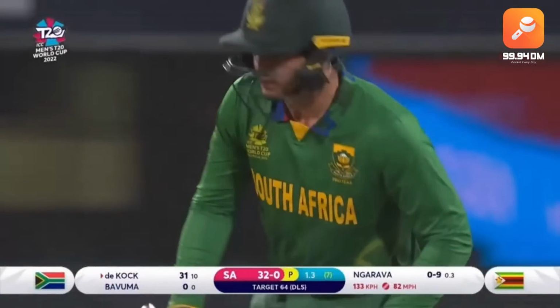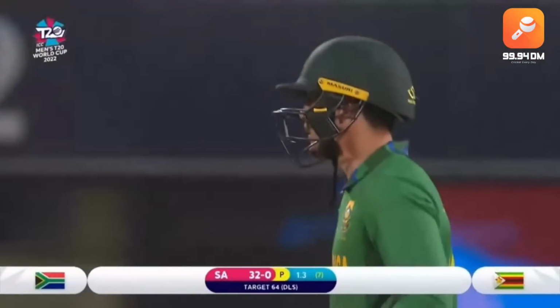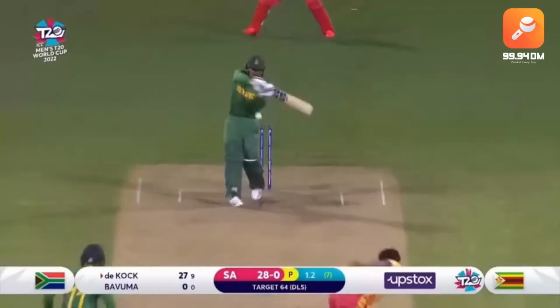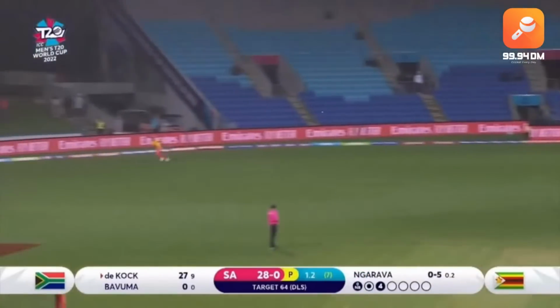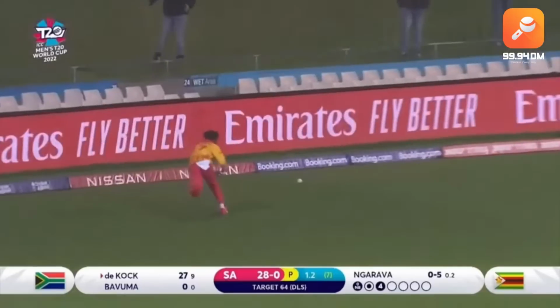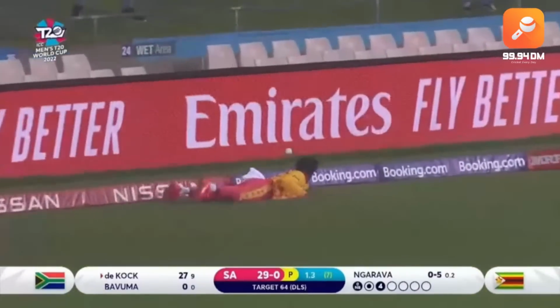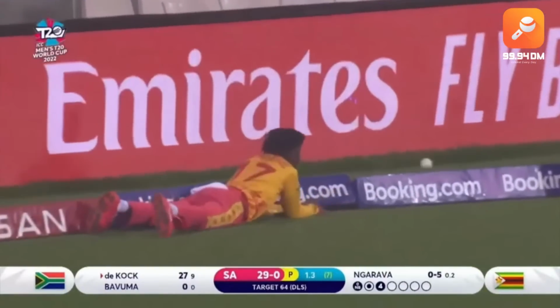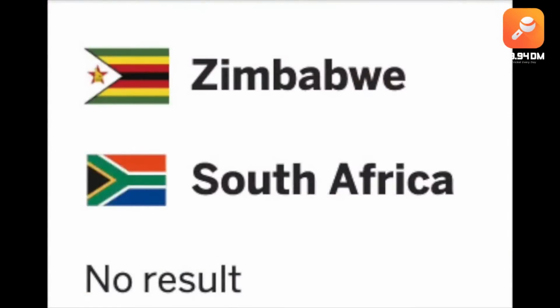The umpires did try and push this result far beyond where they ever should have. The ICC clearly wanted a result as much as South Africa did. And eventually it took Zimbabwean captain Sean Williams turning to the umpire and saying, "This is a World Cup." That was enough to eventually make the umpires realize that this was just not fit conditions. It was not a game that should ever have gone ahead. You could almost argue it maybe never should have started.